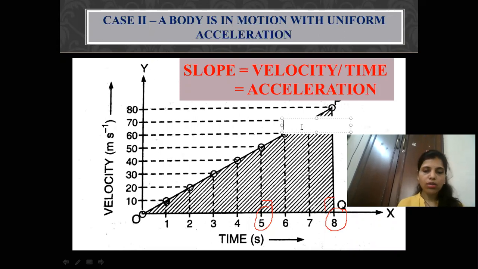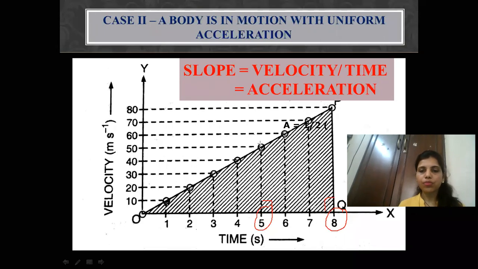So area is equal to half, sorry, half bracket sum of the parallel sides into the height. Here I'm going to consider this as the height, and because these lines are parallel, this measurement and this measurement we have to find.